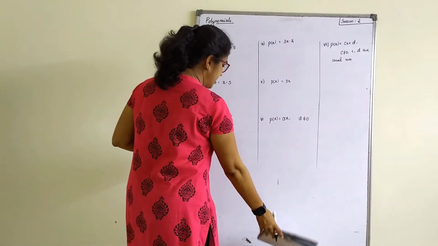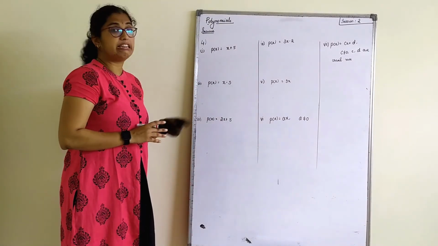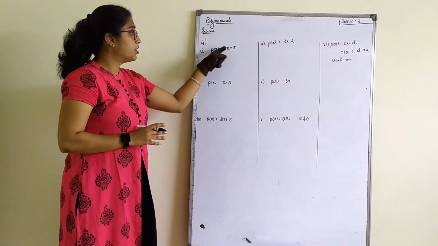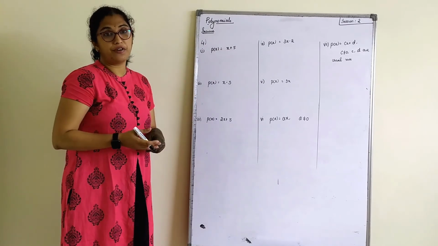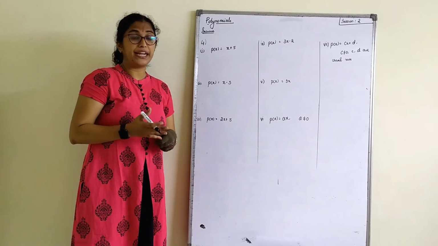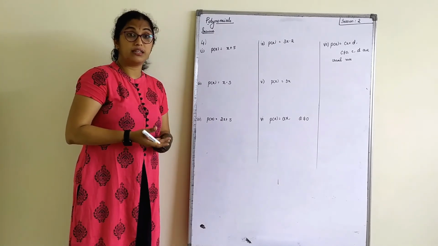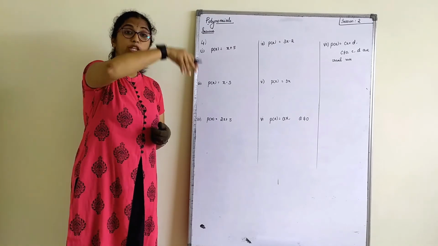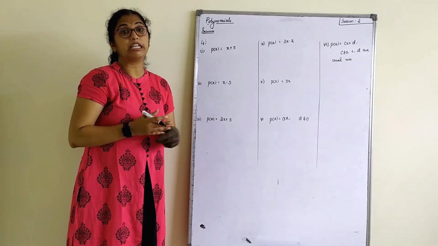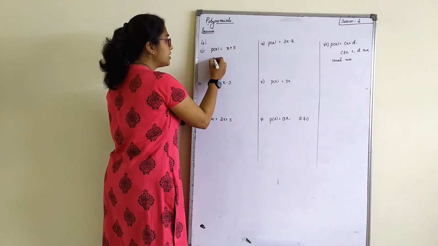Okay, I've just written down all the questions here since it is quite simple. Find the zero of the polynomial. Whatever polynomial is given, we have to find its zero. We know that when we have to find the zero of the polynomial, the equation is equated to 0. Why? Because what value we substitute in that has to be 0. It has to be equal, correct? So what we will do here is first step.